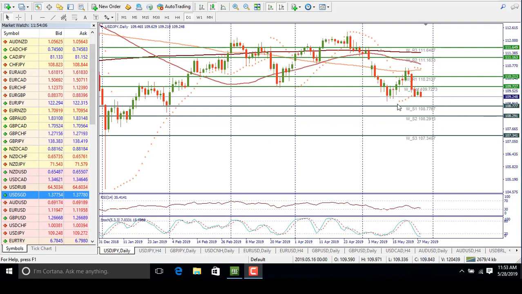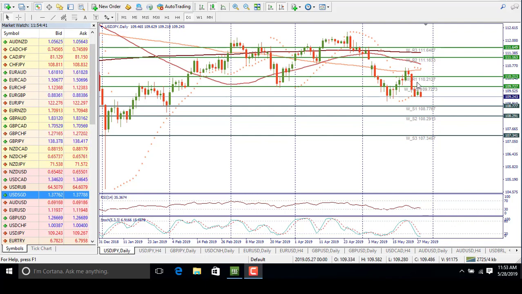targeting the weekly pivot support at 108.78. If this level is broken, the next support will lie at the weekly pivot at 108.29. Otherwise, if the USD is supported today, the pair will reverse towards the weekly pivot resistance at 109.73, and if this level is broken, the next resistance will lie at